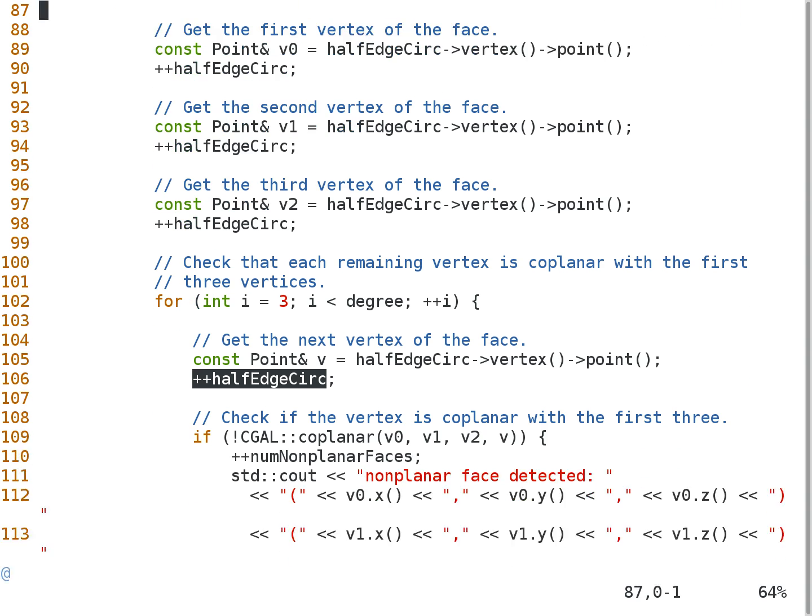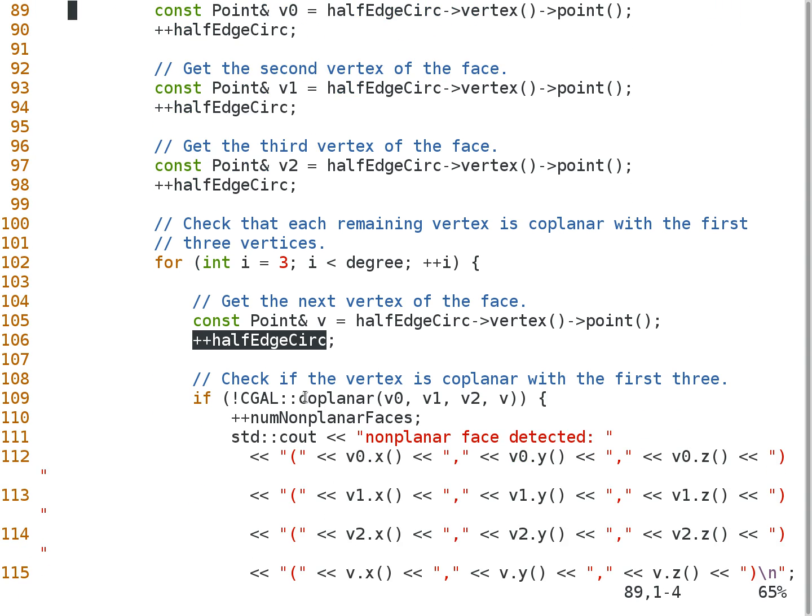And then the next thing we do is we check for coplanarness of the 4 points. So we check to see if the first 3 points, v0, v1, v2, are coplanar with the 4th point that we've just extracted now. And if this is not true, then this means that we found a face that's not coplanar. Did I say that right? Yes, not coplanar. So we increment the count of the number of non-planar faces, and then we just print out